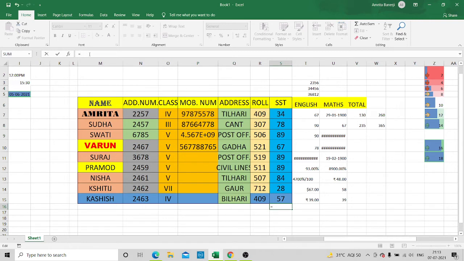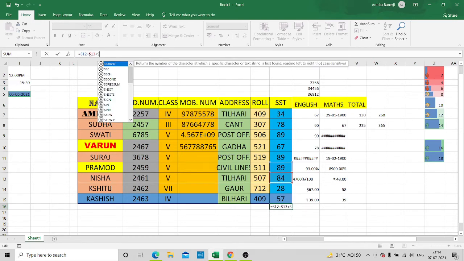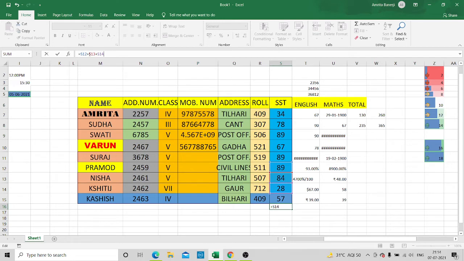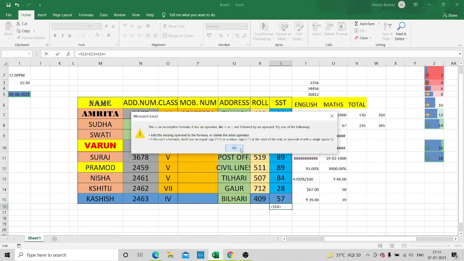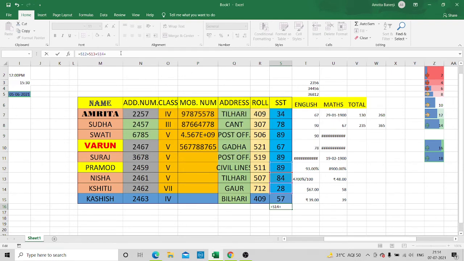I will click equals to S12 plus S13 plus S14 plus S15. Okay, now I will do enter.